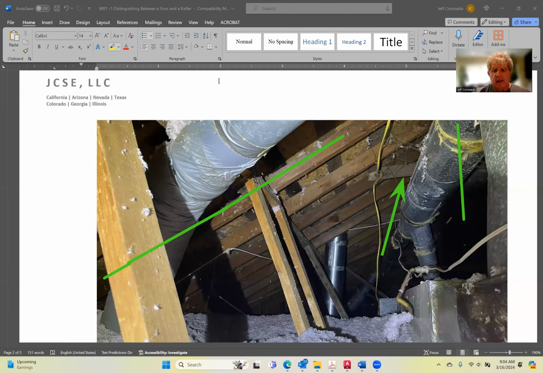Let me write this down, put it right here. A collar tie is covered in another Bridging the Gap session, but that element there is a collar tie. And what a collar tie tells us